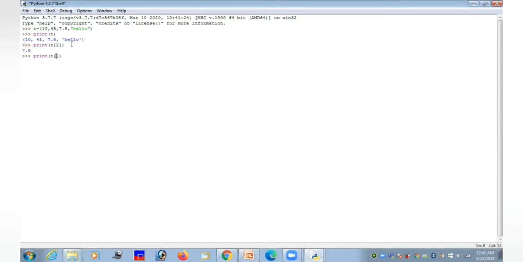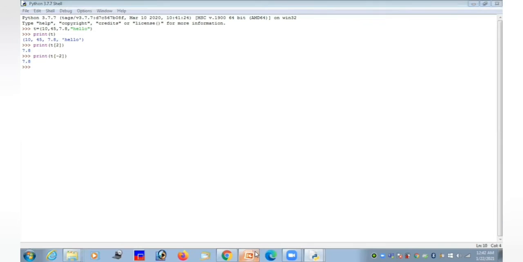Now I want to print the element 7.8. For that I have to give the negative index -2. Yes, I will get the element as 7.8. So we can access a particular element using either the positive index or the negative index value, right?